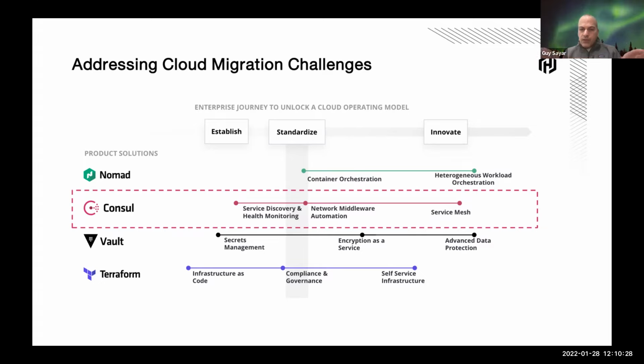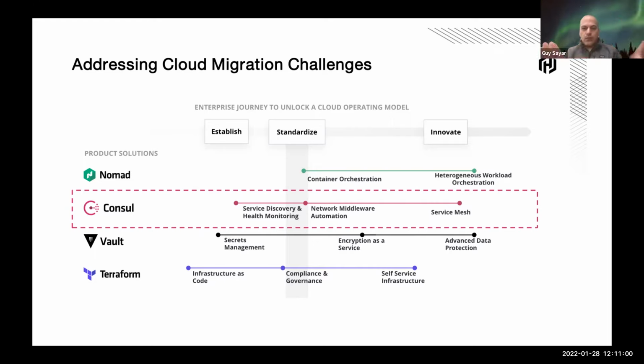I'm not going to cover all the use cases. I have slides for all of them, so if there are questions, or if there's interest, we can dig into all of them. I'm just going to talk a little bit in more detail on the network middleware automation. We also call it Consul Terraform Sync, CTS, because I think it's probably the most interesting for me, also in the context of FSIs or large traditional banks.